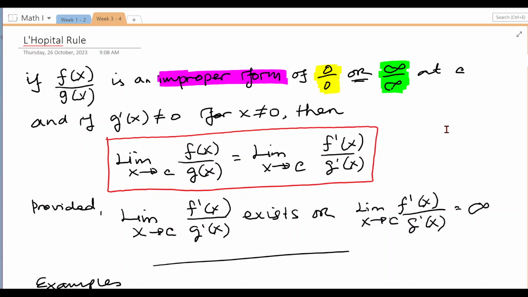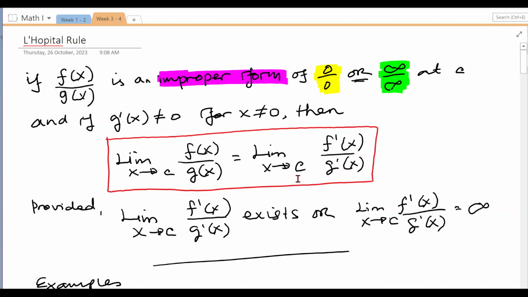Okay, let's do some exercise on the L'Hopital rules. The rule says if f of x divided by g of x is an improper form of 0 over 0 or infinity over infinity at point c, and if the first derivative of g is not equal to 0 for x not equal to c, then the limit of f of x over g of x as x approaching c is equal to the limit of f derivative over g